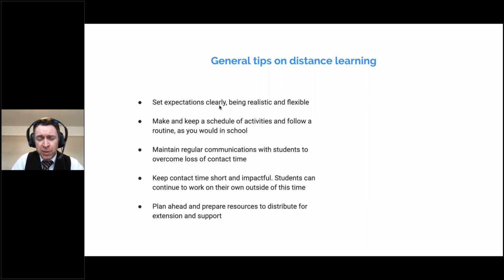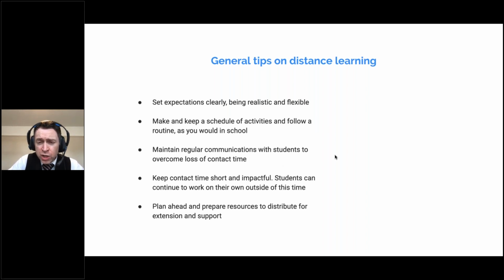First, set clear expectations. Obviously, we do this when we're teachers, when we're in class, but if the instructions aren't clear to the students, they can of course come and speak to us. In this scenario of school shutdowns, they can't do that. So I think expectations have to be even clearer than they would normally be. But of course, we need to be realistic and flexible. Students are in lots of different situations, lots of different home situations. Keep a schedule that always runs in a similar way, as close as possible following the school routine. I've spoken to lots of teachers who've told me that this is the case, that they're actually running the school timetable, at least trying to run that and giving the students some structure.